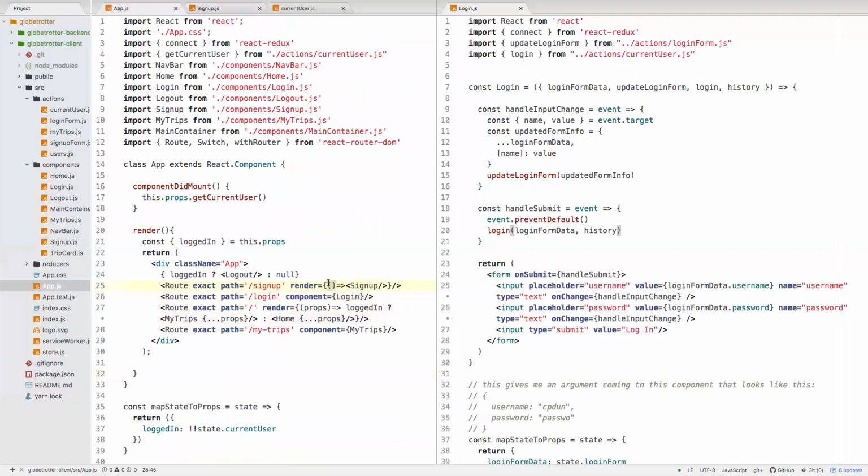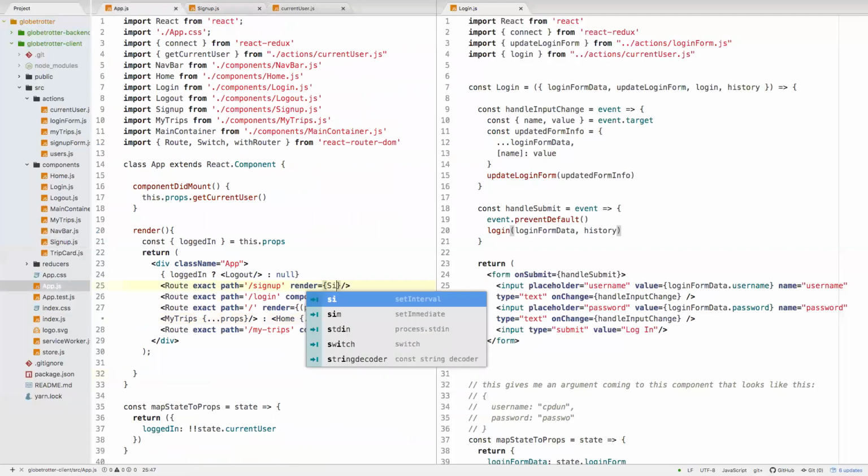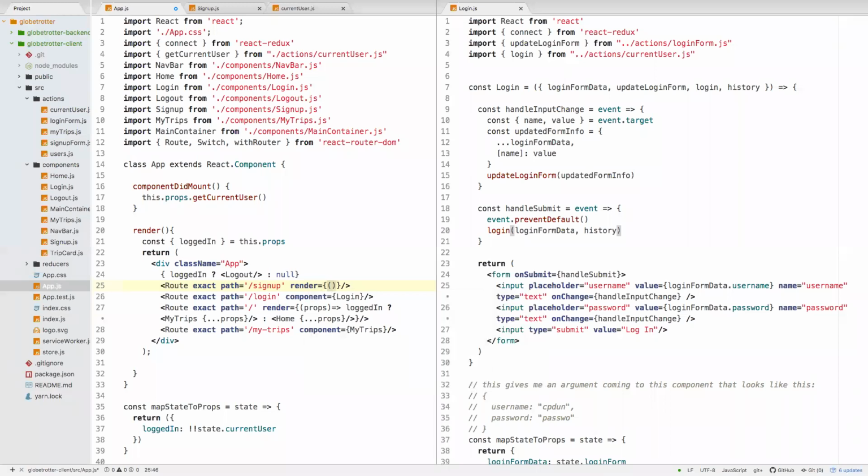Here, I'm explicitly saying, don't give me any props and pass this thing along sort of naked, right? And that's not what I want. I actually do want the props to come along so that I can at least use history. If history is all I need, I can also, just to show this, say props, and then explicitly say I only want a particular prop, right? And so in this case, sign up, and I could say history